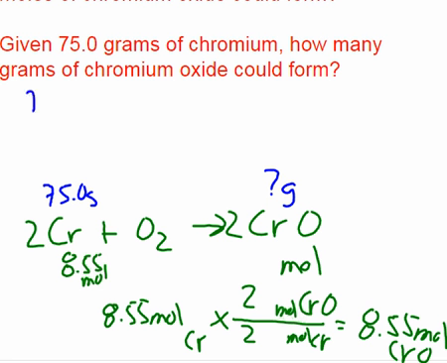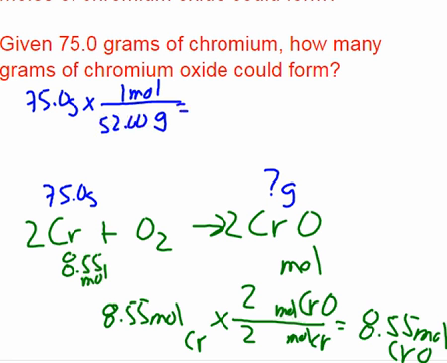So I have to take that 75 grams of chromium, and I need to find out how many moles of chromium that is. And chromium weighs 52 grams per mole. So we have about 1.5 moles here. 1.44 moles